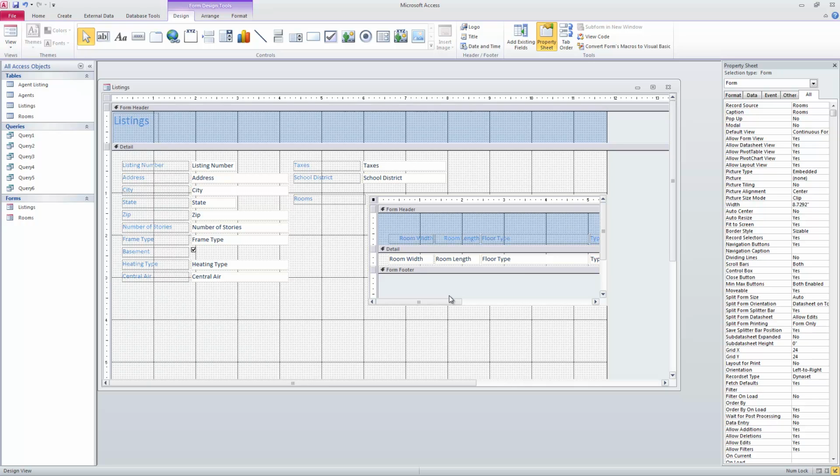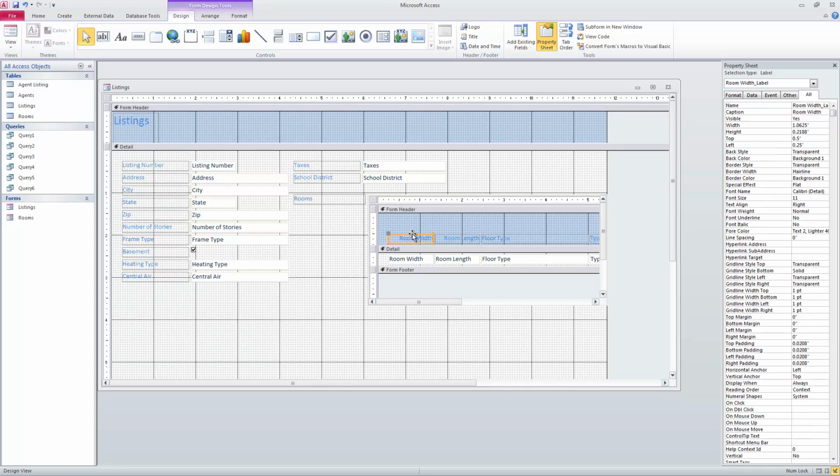So one of the things I want to do is I want to make everything be seen in one window. So I'm going to click on Room Width and notice that I get the 4 arrows, and I'm going to just move it over a little bit. And I'm also going to double click on the right side, and it sizes it to meet the label, right? Because what I'm working with is the label. So I'm going to do the same thing with the room length, and then I'm going to just kind of move it over a little bit. Floor type, I want to do the same thing. Whoops, down here, so it has to have the double-headed arrow. So I'm going to move the floor type over,